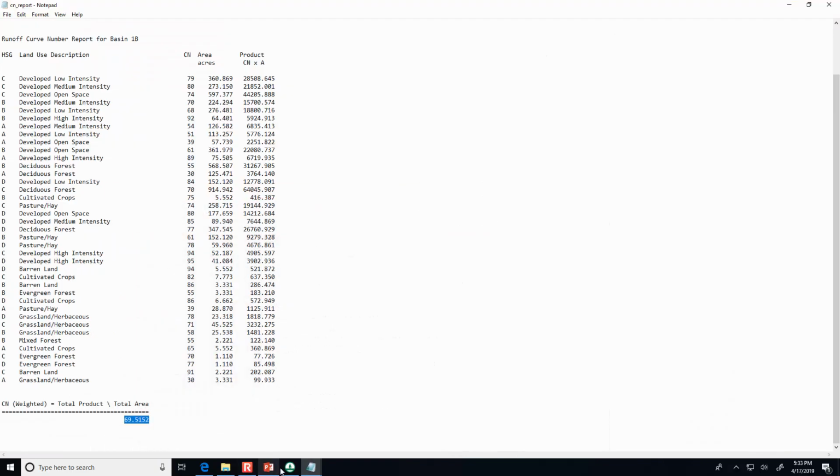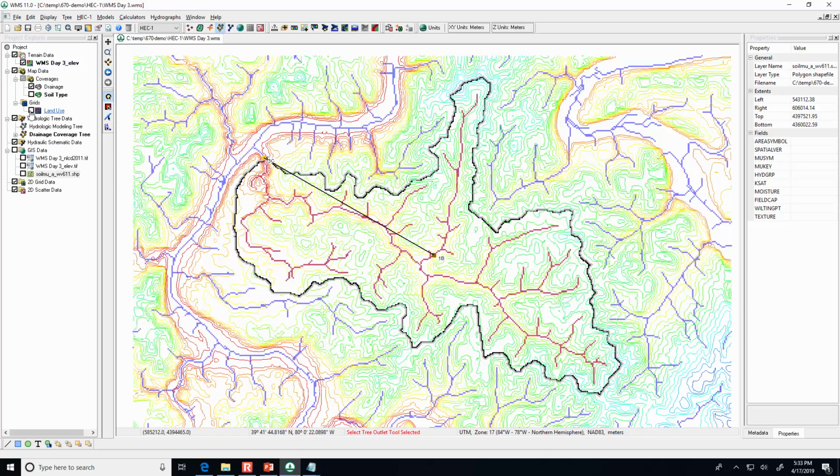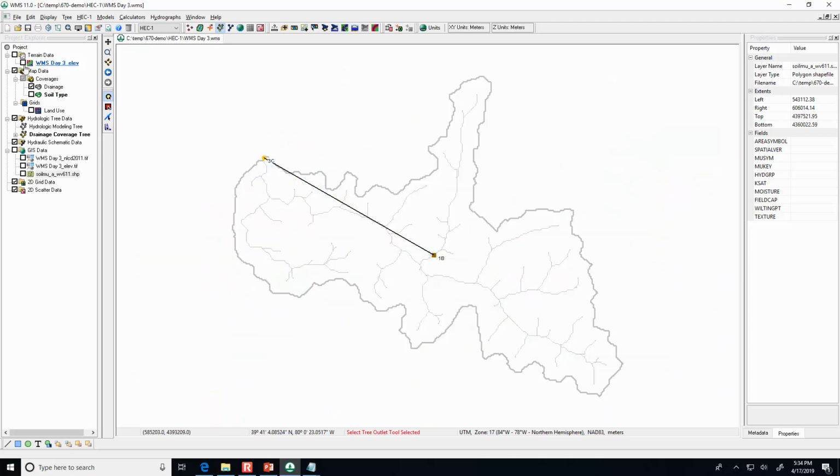All right, so what we have now is, let's turn off some of this other visual stuff. Let's turn off the land use. Since we're in the hydrologic modeling module, you'll notice that there's a yellow box at the outlet, and a brown box that represents the watershed. What it's building is kind of like a schematic model of the watershed. It's saying it's a watershed that's connected to an outlet through a reach. And so the straight line, from a conceptual basis, represents the stream.